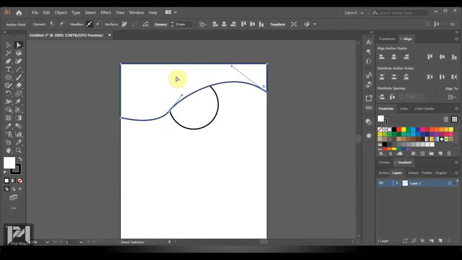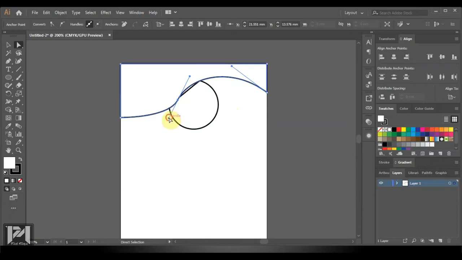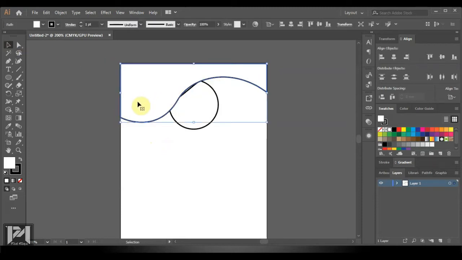So whenever you're going to design this kind of thing, you just make a rough idea in your mind of what we are going to design, because it will take lots of time if you directly design the whole concept on any of the software. So I'm making it, right clicking on it,